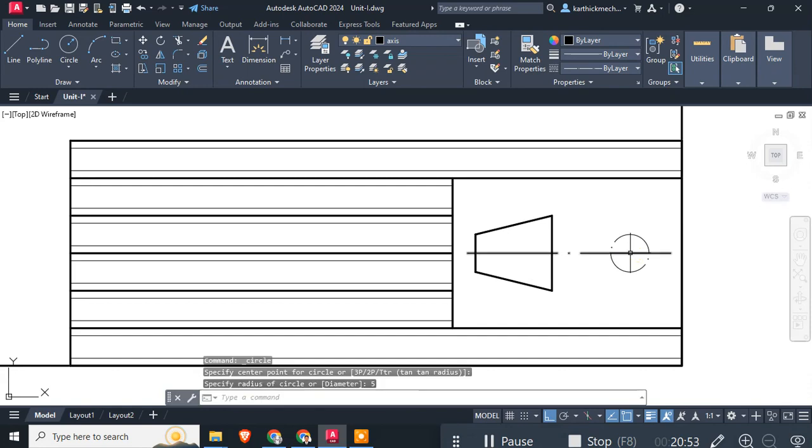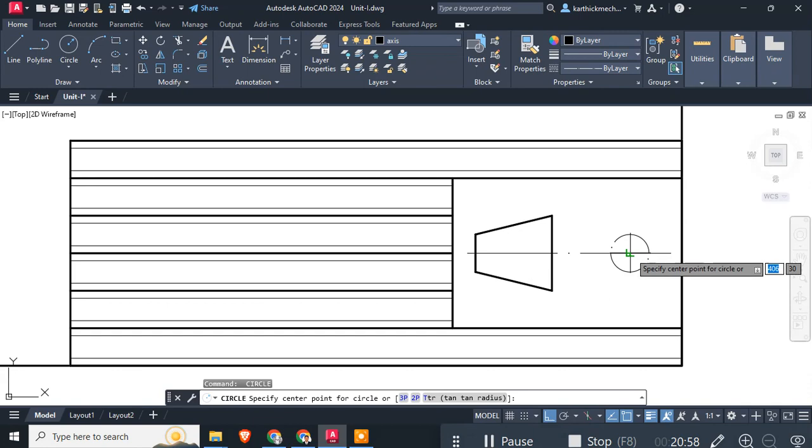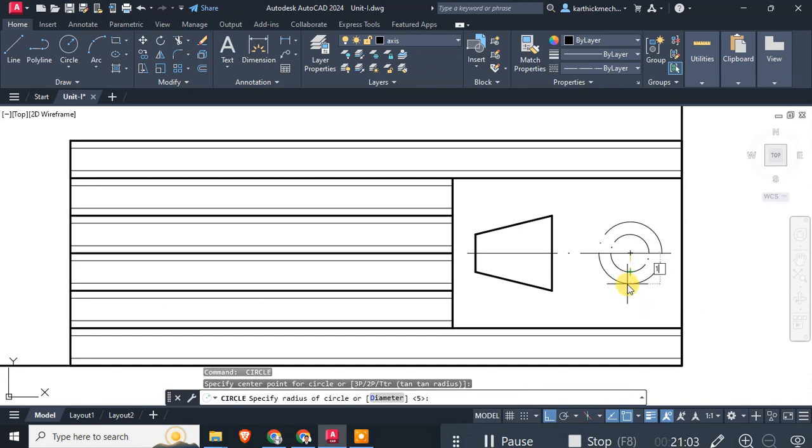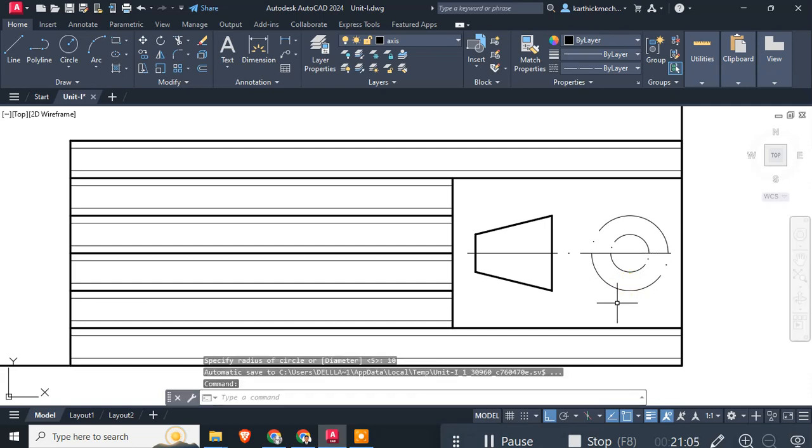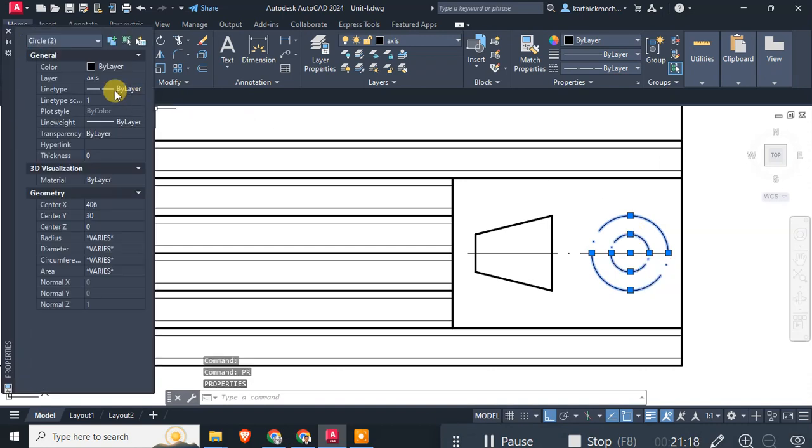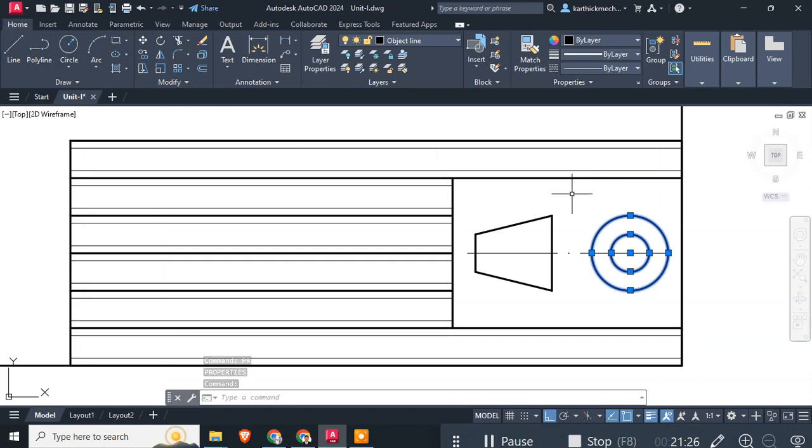The radius of the smaller circle is 5, and then again select the circle command, specify the center point, and the radius is 10. Okay, but you see the circle is created with the axis layer. You can simply select the circle, enter PR for properties, and change the axis layer into the object layer. That's all. Again, if you want to create an axis line,